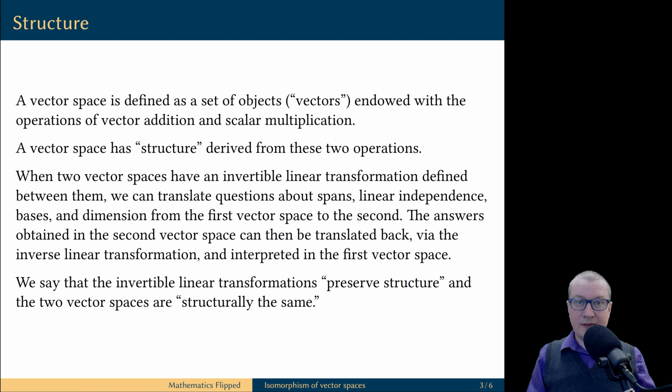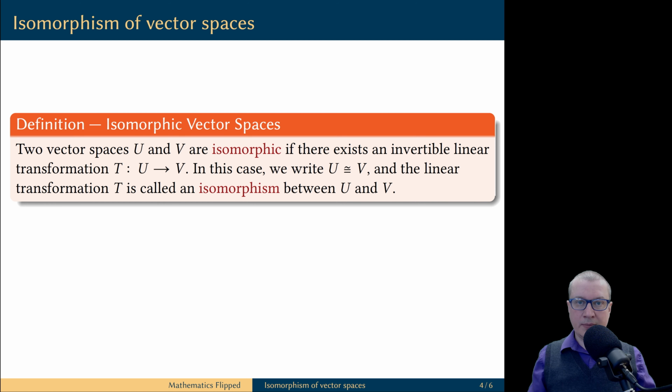So in essence, these vector spaces have the same structure, and these invertible linear transformations realize the transfer of this structure. We are interested in the underlying structure of the vector space rather than what it looks like. From this point of view, if there is an invertible linear transformation between the two vector spaces, then these vector spaces are structurally identical. In mathematics, this phenomenon is usually encoded by the word isomorphism.